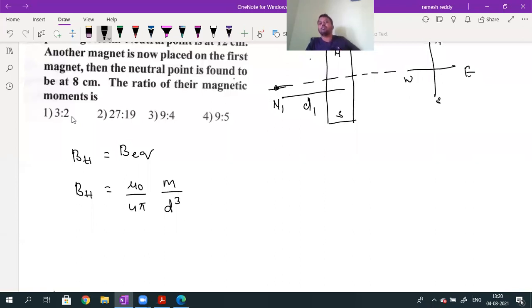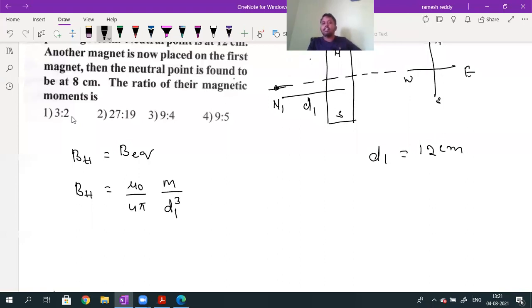M divided by d cubed. Initially, one bar magnet is there, so the null point is located at a distance of D1. I will call the initial distance D1, so the D1 value will be equal to 12 centimeters. Now what they're telling,